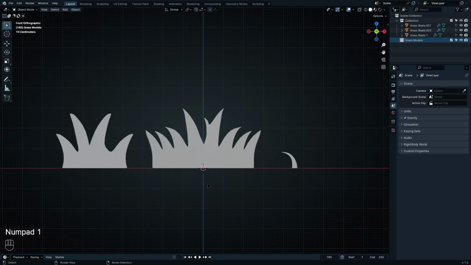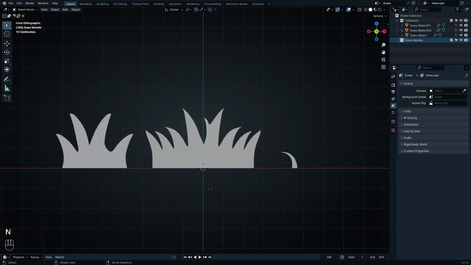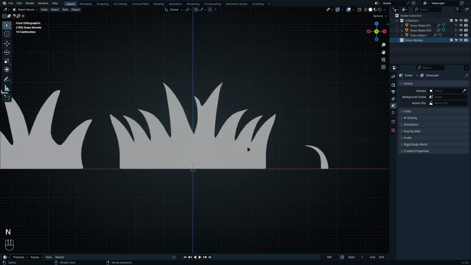So you can just go to the front view. As you can see, I have the screencast keys turned on. Someone asked me about them, and my Blender version somehow didn't allow me, or I have no idea. It wasn't working, but right now it is working. Pretty good. Anyways, for modeling these, I like to be in wireframe viewport, so press Shift Z to go to